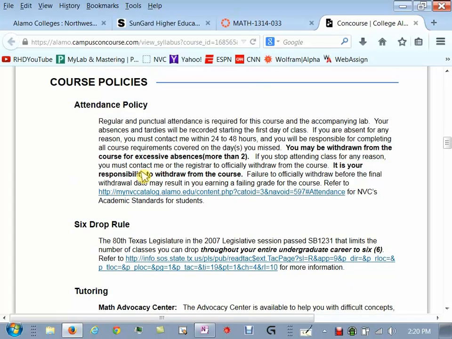All right, attendance policy. Because this is a summer class, each class is actually equivalent to 2 traditional semester courses. You're allowed 4 traditional absences, so here you're allowed 2. That's what it says here, 2 absences. If you miss more than 2, then I can either withdraw you from the course, I can drop you, or I can just let you keep coming, and at the end I can fail you. I wouldn't do that to you. I would let you know. But just know that after 2 absences, your grade is pretty much in the hands of the instructor to determine how they want to do it, even if you've aced everything.